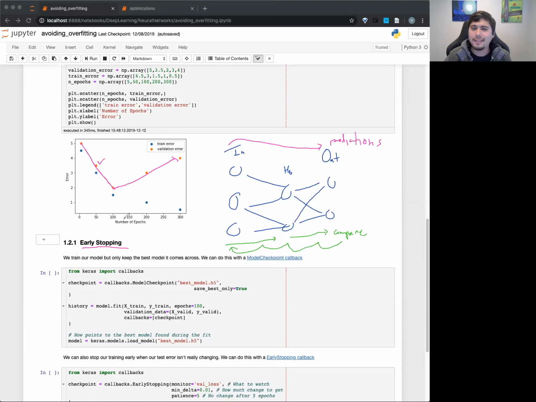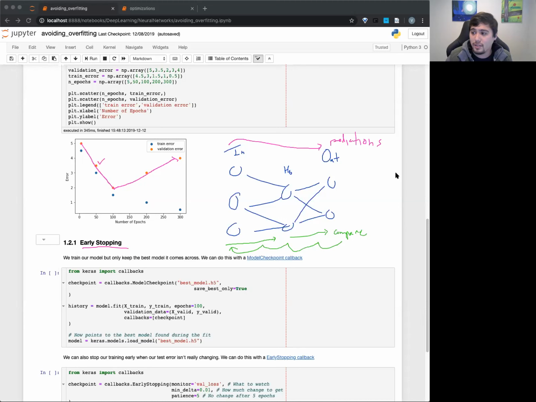In general, that is not a common practice, just because you can imagine it's kind of a waste of time. Imagine trying to train it all the way here and then you have to train it all over again. Or if you train it all the way to here, we just spent, let's say, a whole hour just trying to go from here to here. Maybe it figured it out in the first 50 epochs, but you trained it for 5,000. Well, that was a huge waste of time. You should have just stopped it right then, because if you could graph at the same time, you would see this go up.